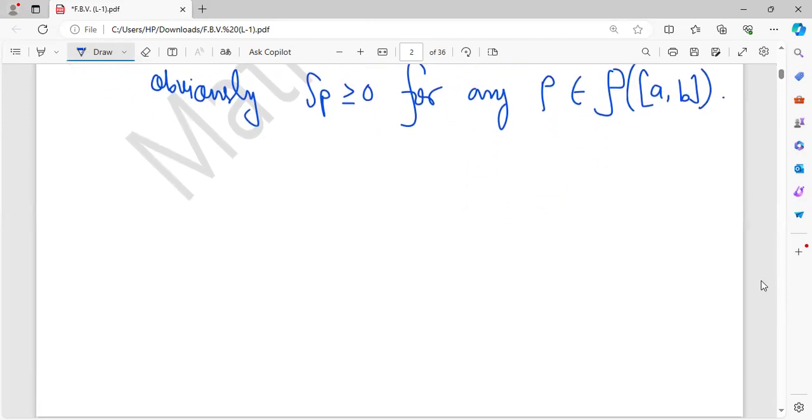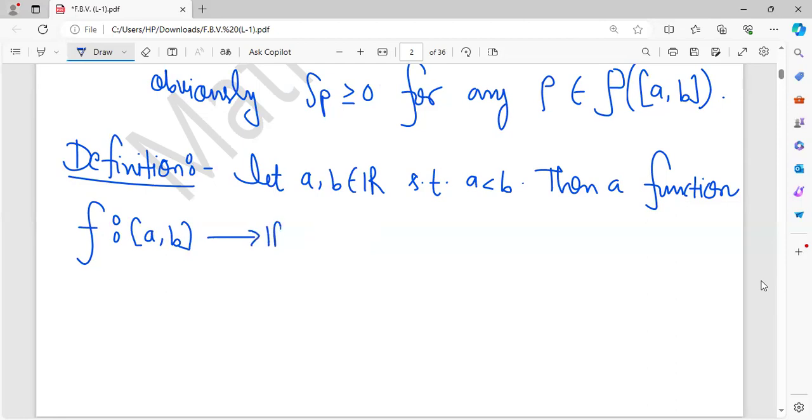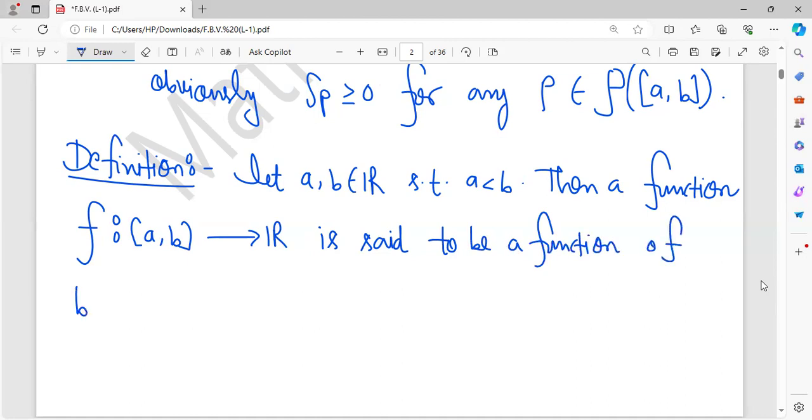What is the definition of a function of bounded variation? Definition. Let a, b belong to R such that a is strictly less than b. Then a function f from the closed interval [a, b] to R is said to be a function of bounded variation